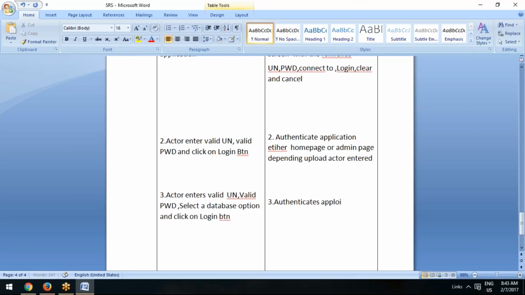authenticates the application and displays either the home page or the admin page, whatever it is. Next is